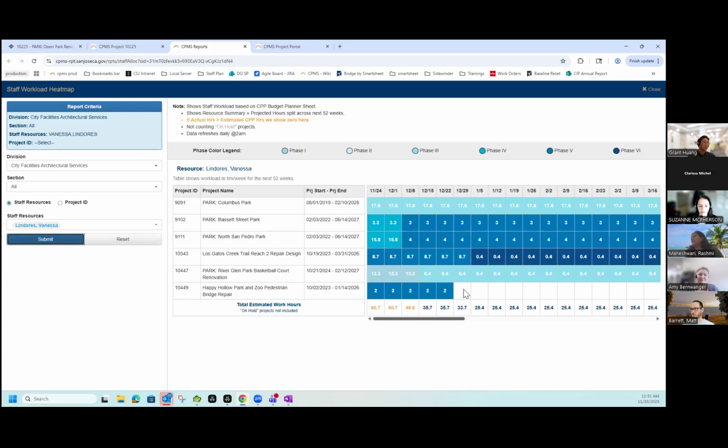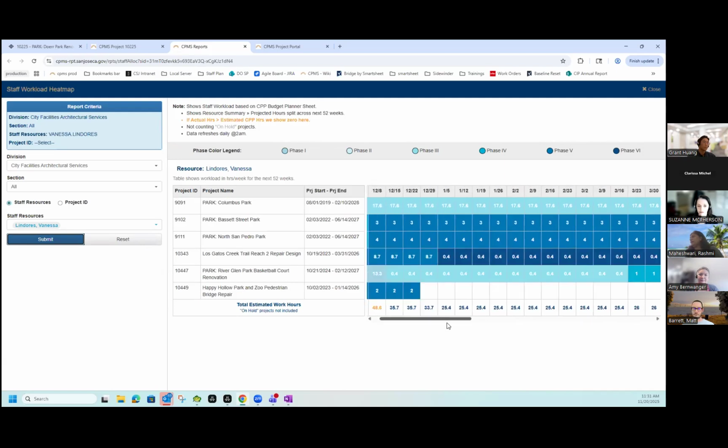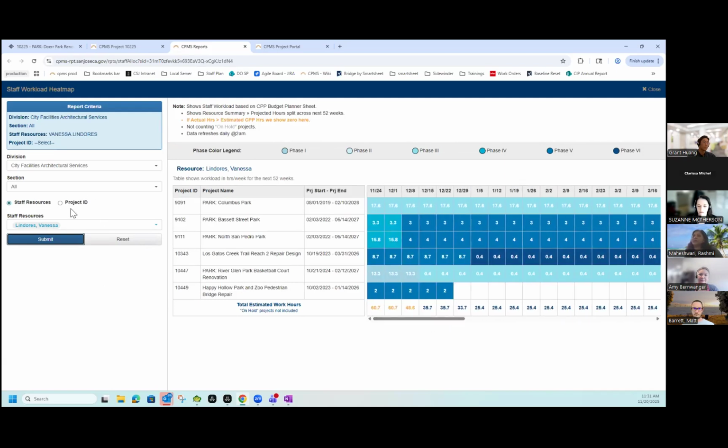And it shows her workload, her projects, all that she's involved in, and the phases here. All these phase legends are up here also to show, and then it just gives the workload for her. And you can see when she's very busy and when she can start taking more projects, right? On a similar thought, this is a very versatile tool that